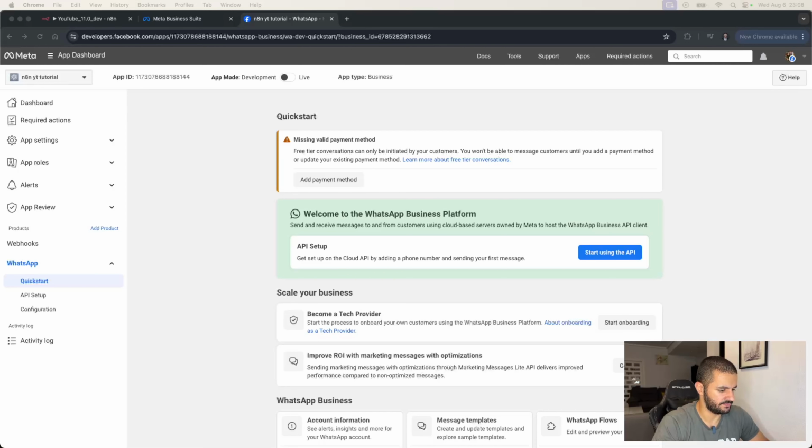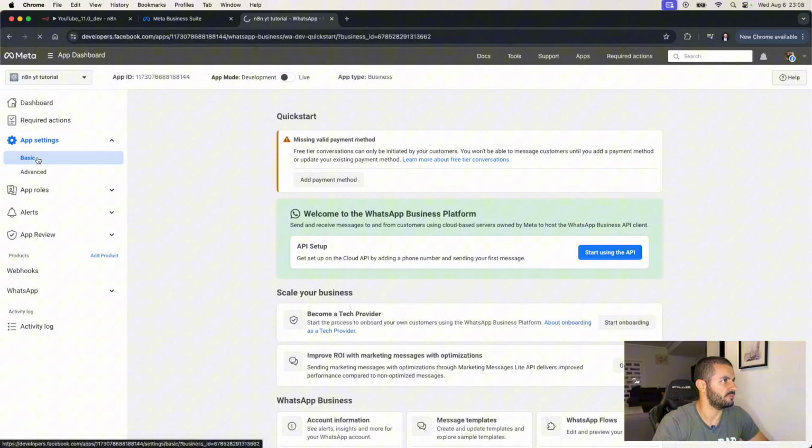Click setup on WhatsApp. Right now we have WhatsApp all configured. Next you're going to go to app settings. Now you have everything set up right here. We don't actually need a payment method at the moment. So we can go into app settings. We go into the basics. And right here,